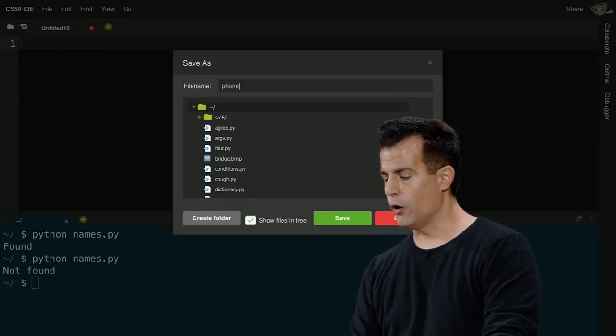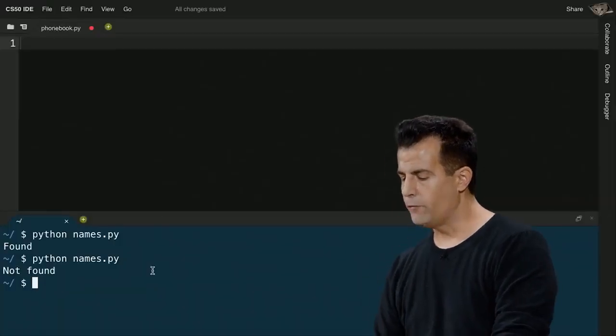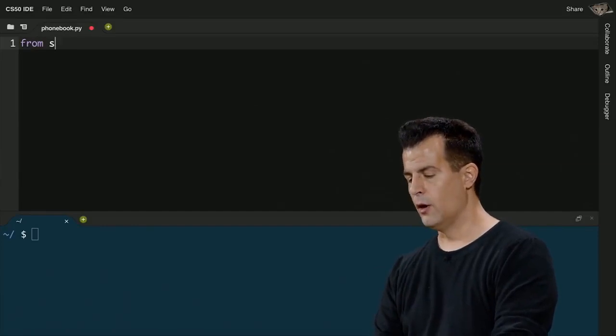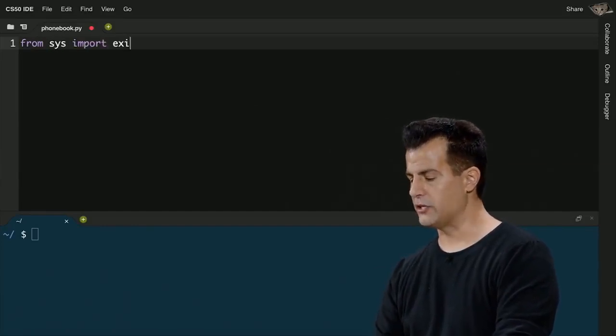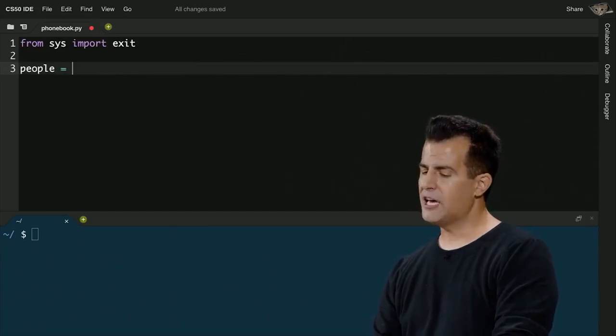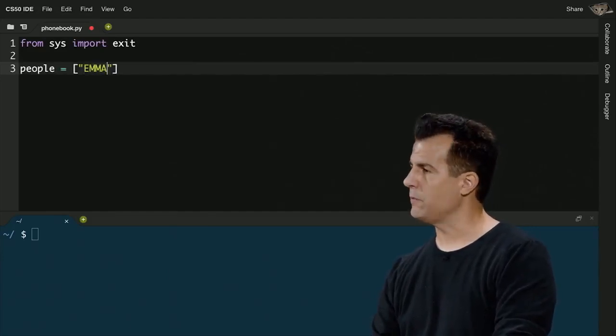All right, let's go ahead and open up a fancier example, or write one, called phonebook.py, the goal of which is to represent the notion of a phone book. Let me go ahead now and still from sys import exit, just so I can terminate if we fail. Let me go ahead and define a bunch of people. But instead of putting people in a list like before,